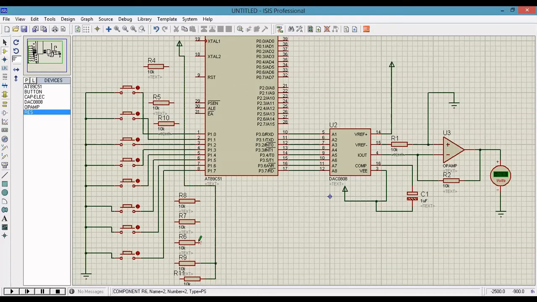Connect the 8 resistors. Next, the first resistor connects to the first switch, the second resistor to the second switch, the fourth resistor to the fourth switch.